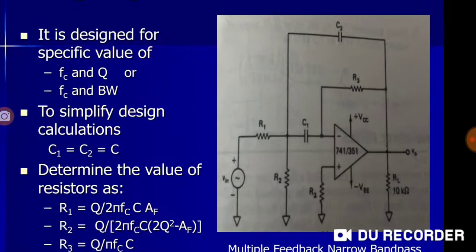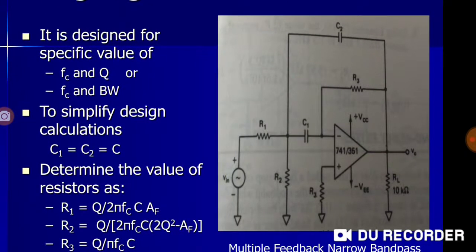Now just take a look at this circuit. We are talking about two feedback paths. So if you see, the input is first applied to the op amp in the inverting input terminal, and the non-inverting is grounded. So this is inverting mode that we are using of the op amp. Another R and C is placed over here, and one feedback path is from this place. After R1, C2 goes in, connects to the output, so it is one feedback path.